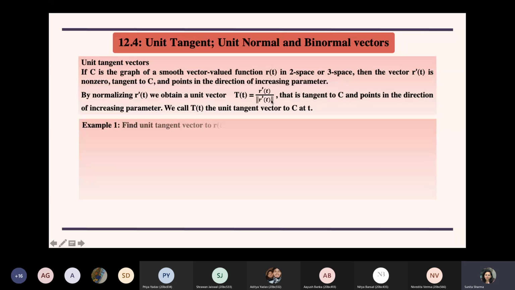Okay, so quickly do this question and tell me the unit tangent vector at t equals 1. So the point is given to you. You may directly find the value of r dash and norm of r dash at t equals 1, or you may first find the unit tangent vector in terms of t and then in the end put t as 1. So you may proceed in either way.